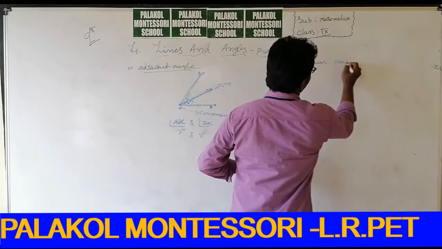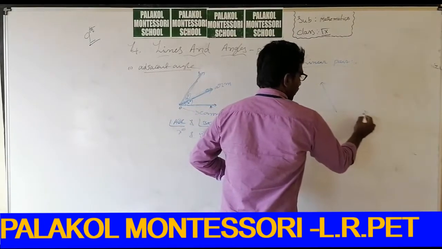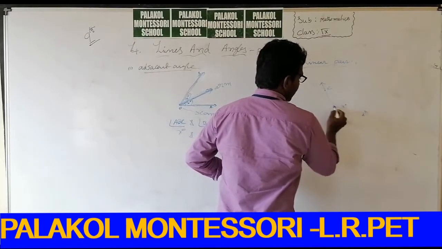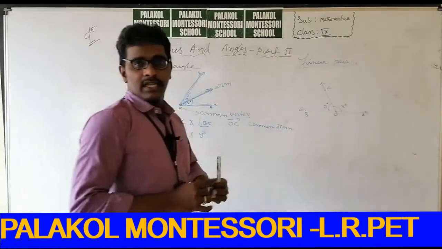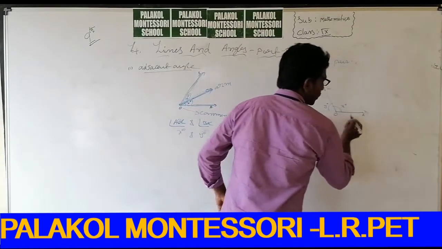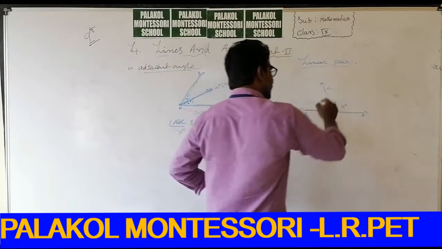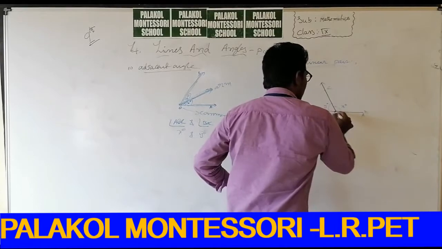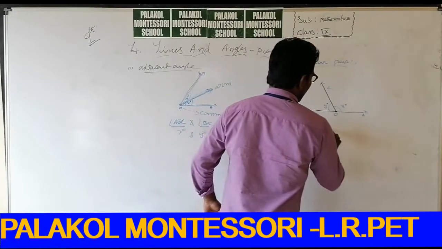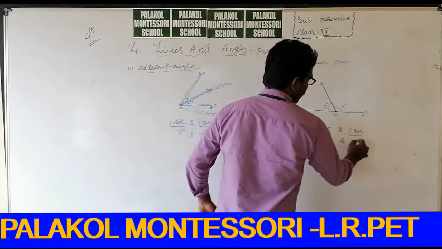Linear pair. It's important. I draw one diagram. See guys, A, O, B, C. Here the angle is x degrees, and here the angle is called y degrees. OA is the initial ray, OB is the terminal ray, but in between there is one common arm. All these form one common vertex. Here two angles are formed, angle AOC and angle BOC. This is x degrees and this is y degrees.